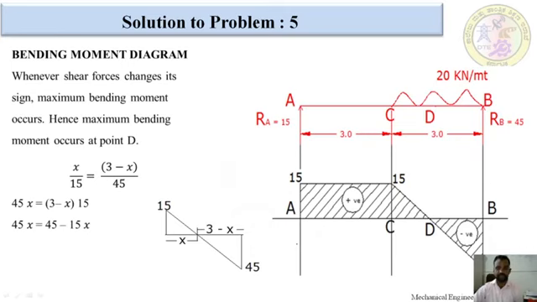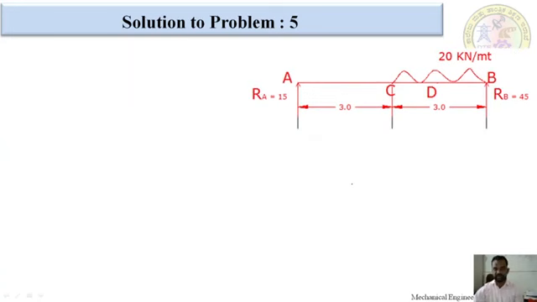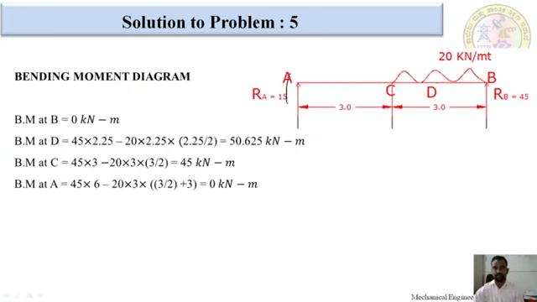Next is the bending moment calculation. I have already discussed this. At supports, bending moment is always 0. By calculation also it would be 0, and without calculation also it is considered as 0 only. For that reason, at B it is equal to 0, and at A it is always 0. We only require to calculate how much happens at the maximum bending point, and at C point also. I want to calculate at D point. Up to here only we have to calculate.